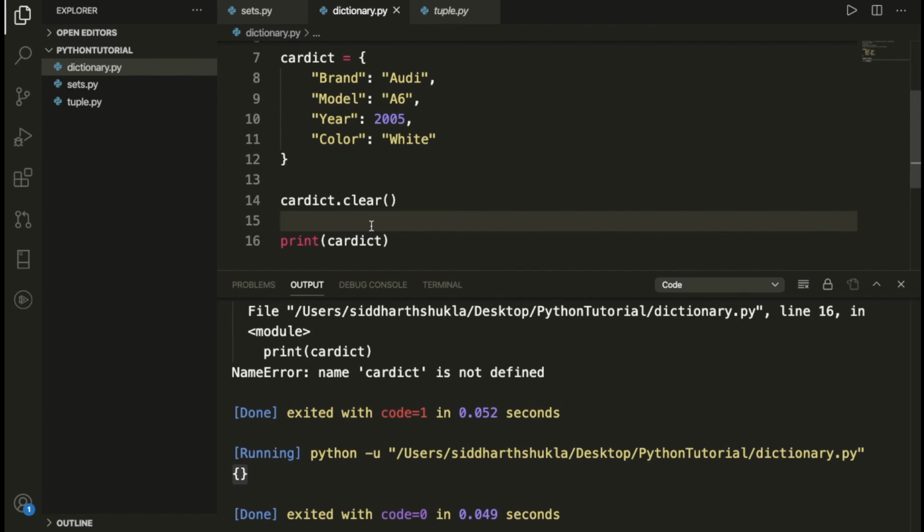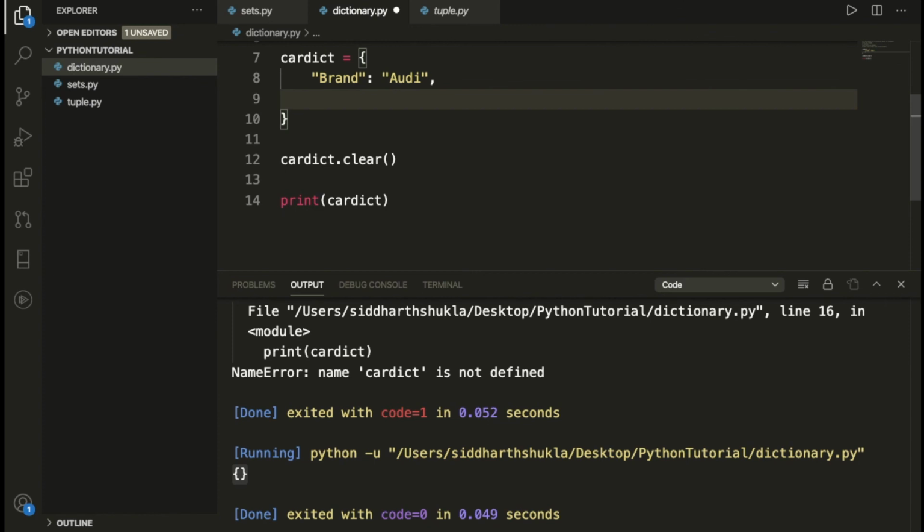And also, if you want to contain 2, 3 or 4 dictionaries, you can put them inside your dictionary. How? Suppose I have added here a brand, Audi. Inside the Audi brand we have multiple values, so inside the brand you can put a name, Audi.